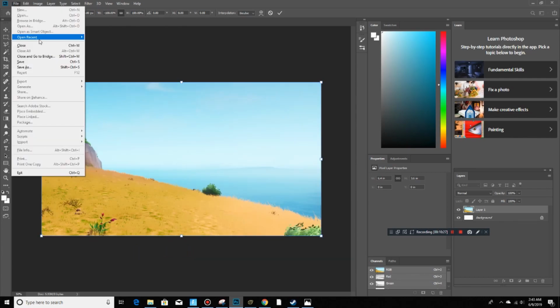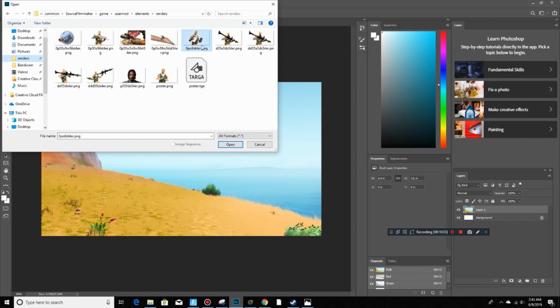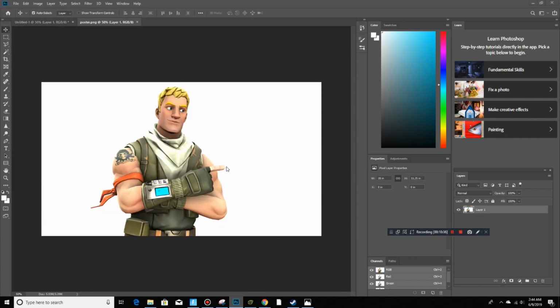Now you want to reopen the image you rendered, and after you opened it, you can see that it has a white background and it's not transparent. So to do this, you just want to select it, press W, and click the background. And